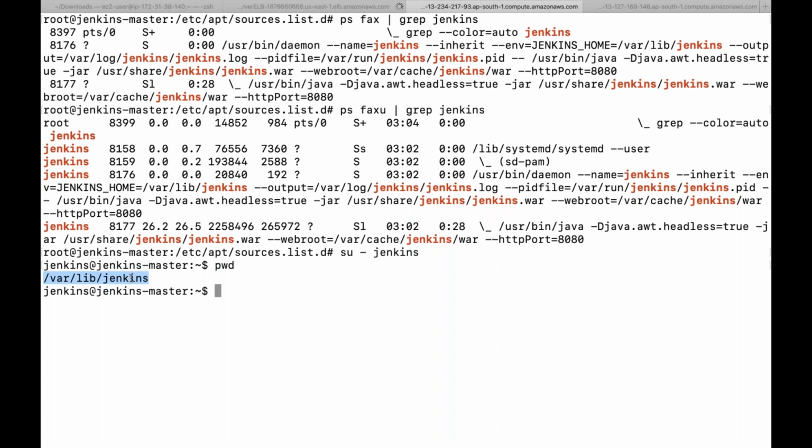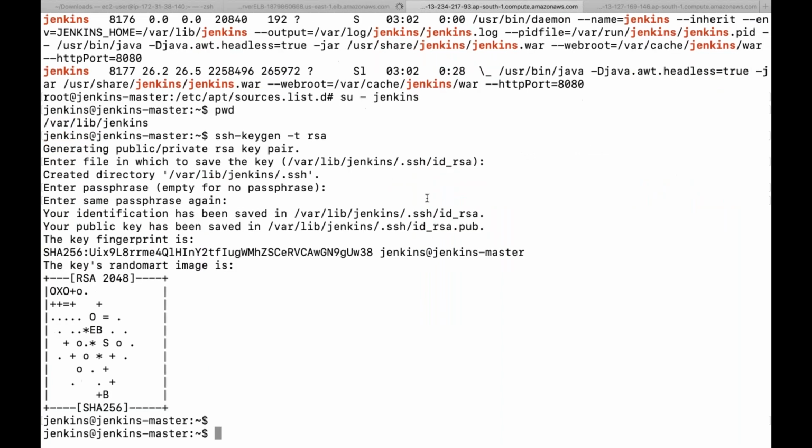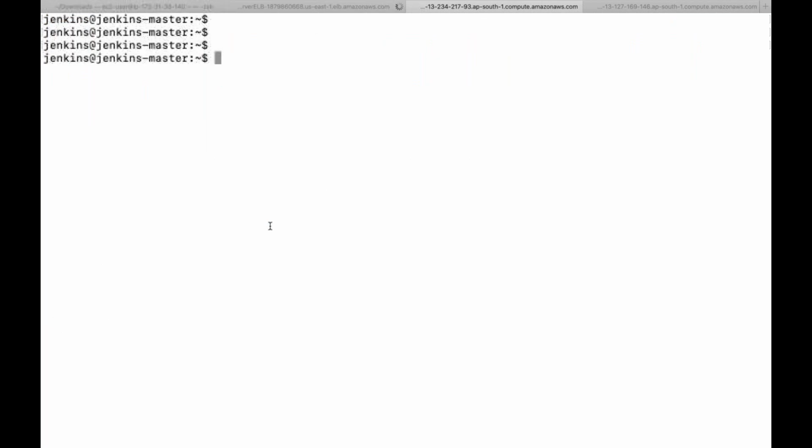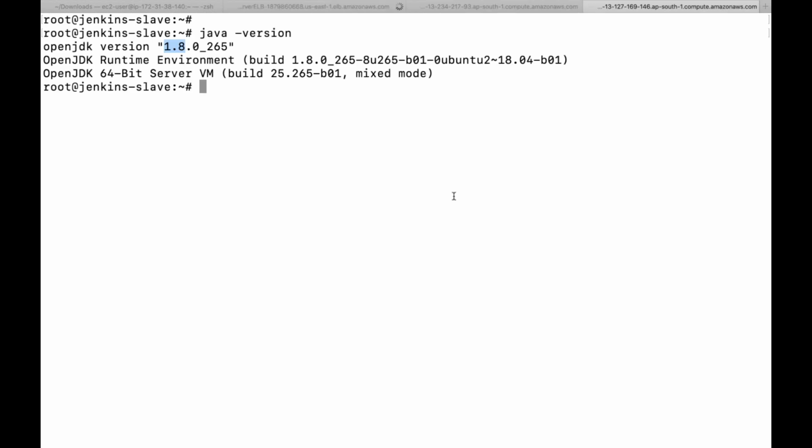So what we are going to do now, we will generate one SSH key here. We will run ssh-keygen -t rsa or dsa, whatever you want. But for this practical, for this session, I'm going to do RSA only. I'll hit enter 2-3 times, and obviously it will show that these are the particular files which are generated, right? So this is the location which I want to copy. I'll copy the particular key files from here.